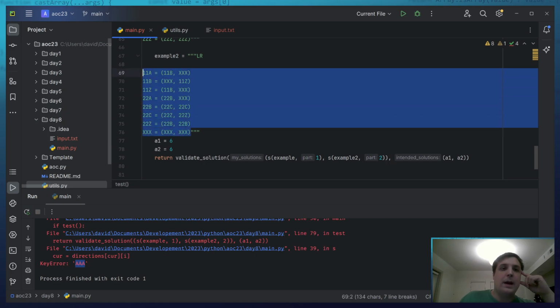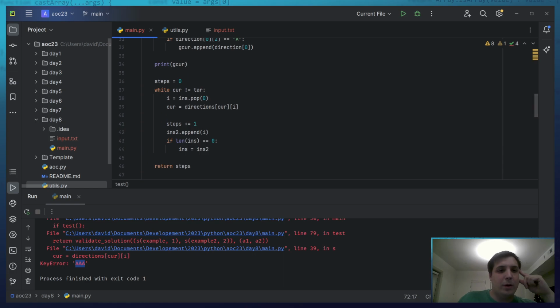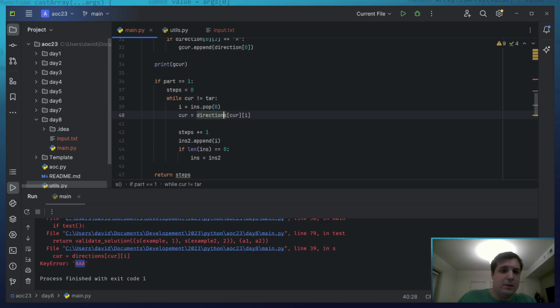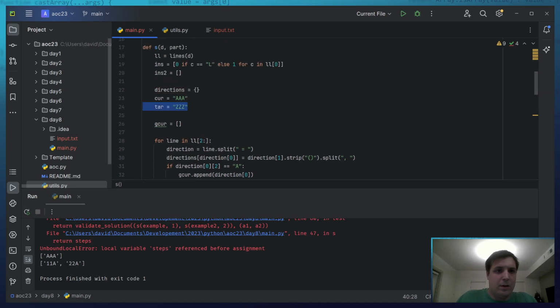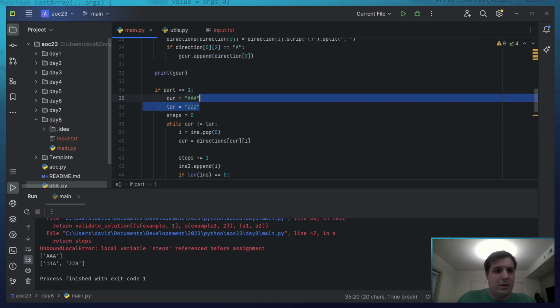Ah. This only works for part 1. If part equals 1, because our inputs are apparently drastically different. I am going to double check stuff in a second. This can still do this.